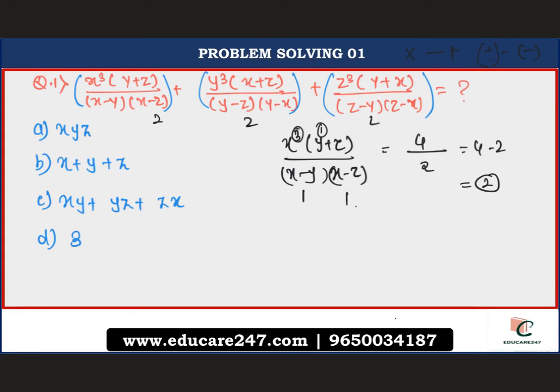Now let us see an option where the degree is 2 and we'll mark that as the answer. First, 1 into 1 into 1, the degree is 3 over here. So this option is not correct. Second, 1, 1, 1 and it's added. So the degree remains the same, that is 1. Hence this is also not a correct answer.